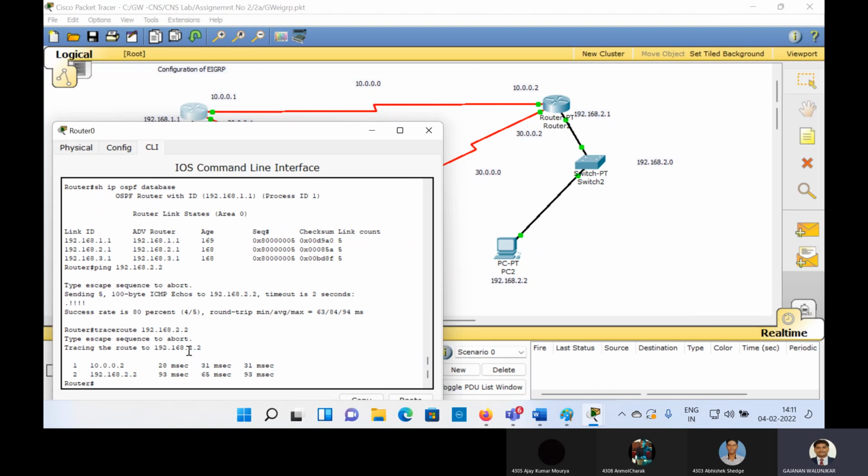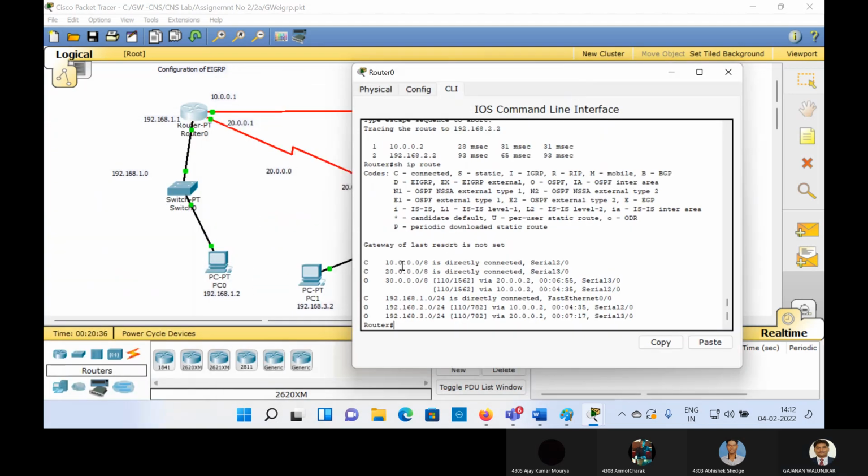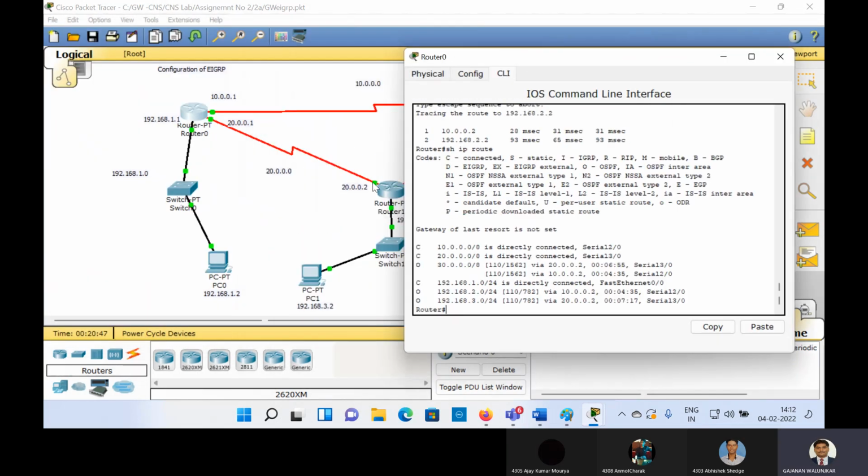Then when you click here, on this router, and say show ip route, this is the final output. So you can see the possible routes to destinations like this. Here your administrative distance is 110 and the cost is there. If you vary the bandwidth, the cost will vary, right? So here, if you observe, the direct connection of this router 0 with this particular 10 network, the direct connection to 20, and to the 30th network, that means this network the connection is through 20.0.0 and via this 10.0.0.2 that is shown